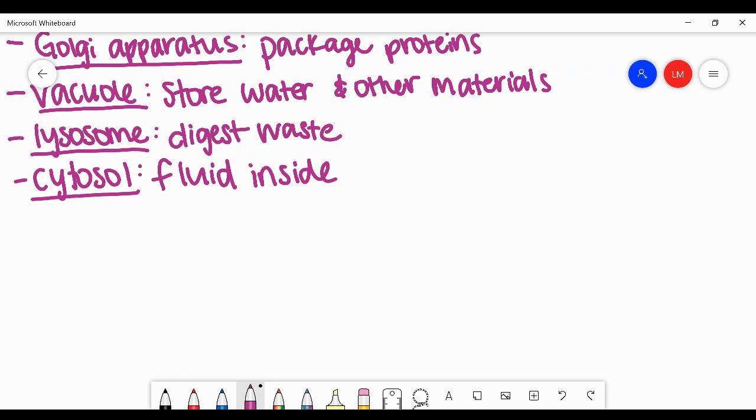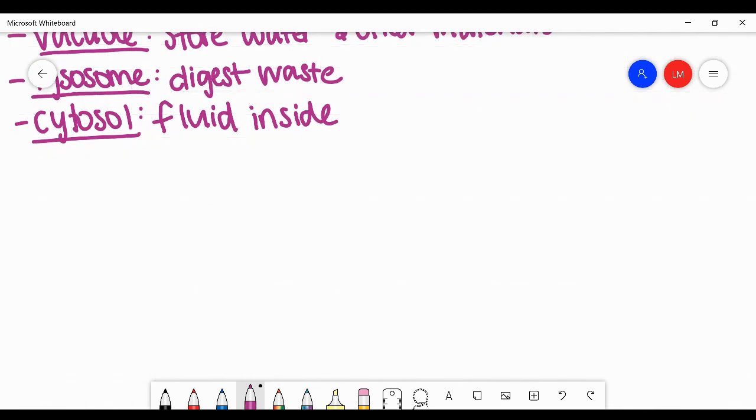The last thing for today is to talk about the differences and similarities between the two types of cells. There are only two big categories of cells. They will either be prokaryotic cells